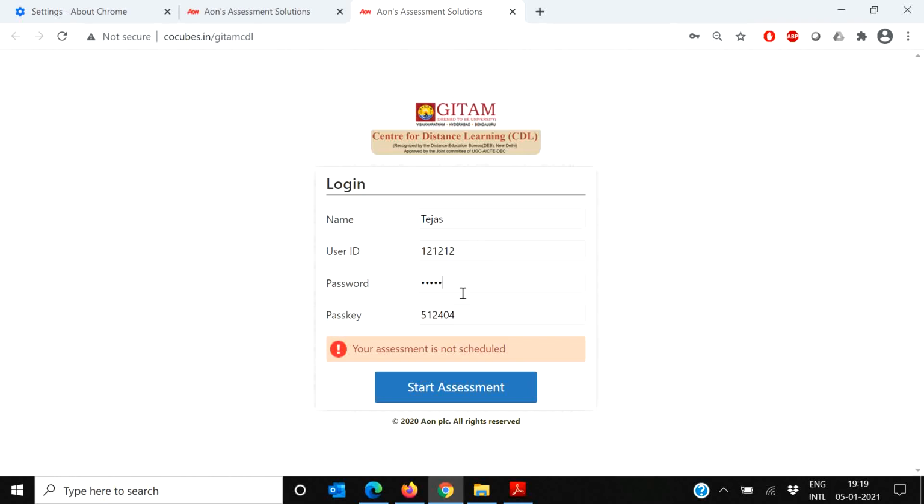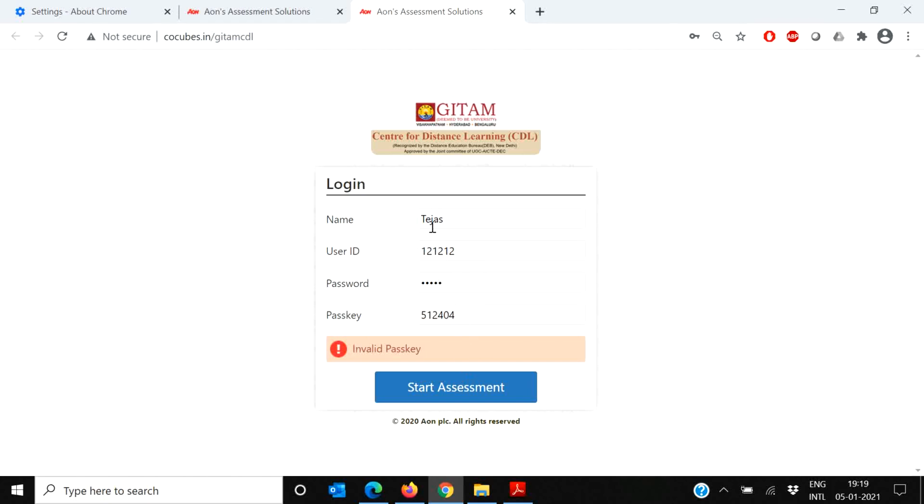If you enter your password incorrectly, it will show you please verify the provided information. If you are getting this message, that means the password you are entering is incorrect. If you enter your passkey wrong, it will show you invalid passkey. So students, please notice this. Whenever you get any of these three messages, that means you're entering the details incorrectly. And this is also mentioned in the manual.